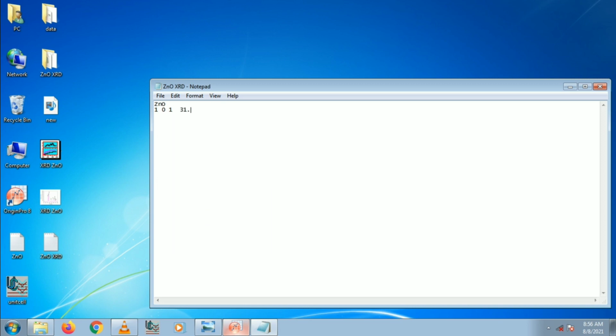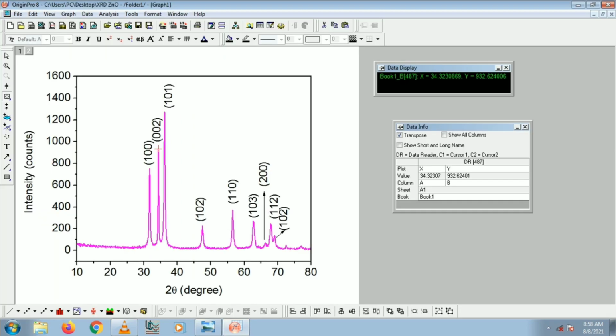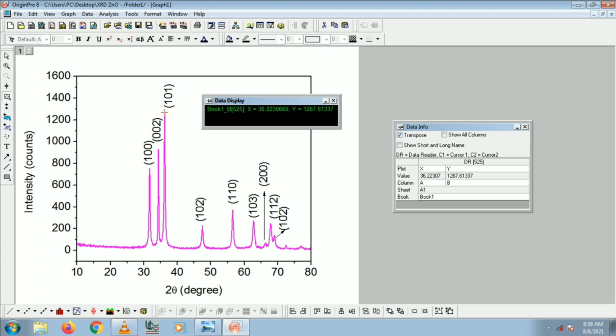So we have to type the Miller planes with spacing: 1 space 0 space 1. Again we have to provide 2 spaces before writing the 2 theta values. Using the data reader we can know the 2 theta values and their corresponding Miller planes.